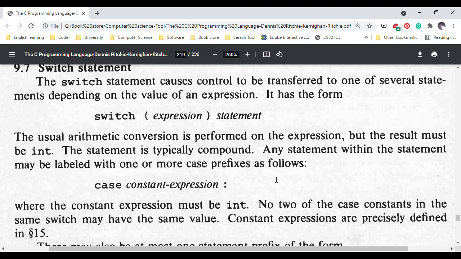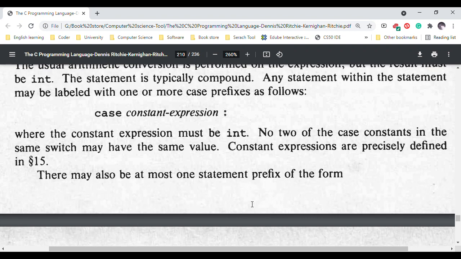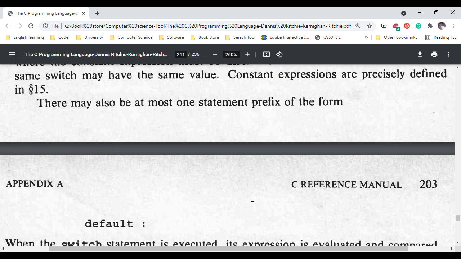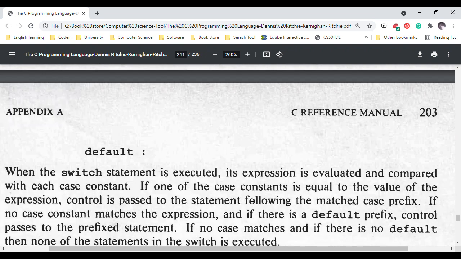Any statement within the statement may be labeled with one or more case prefixes as follows: case constant-expression: where the constant expression must be int. No two of the case constants in the same switch may have the same value. Constant expressions are precisely defined in Chapter 15. There may also be at most one statement prefix of the form: default: